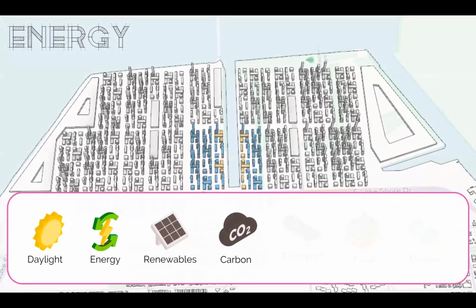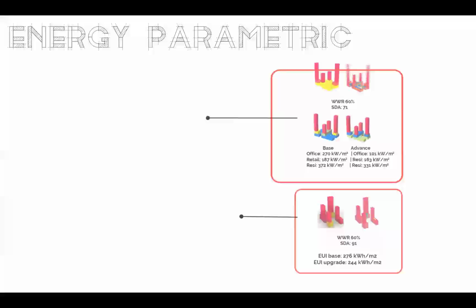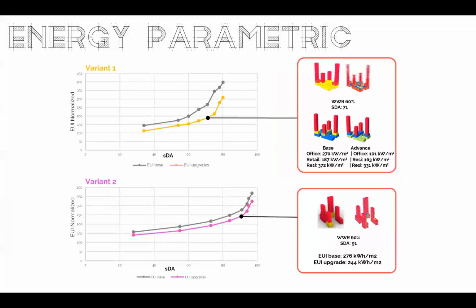Next, we decided to investigate the operational energy, as well as how we could manage the energy supply. So at first, we performed energy use intensity parametric studies for both proto blocks, which we intended to use in our district. And by upgrading multiple parameters, many of which are equipment and lighting power densities, glazing, heating and cooling system set points, and efficiencies and construction materials, we were able to significantly